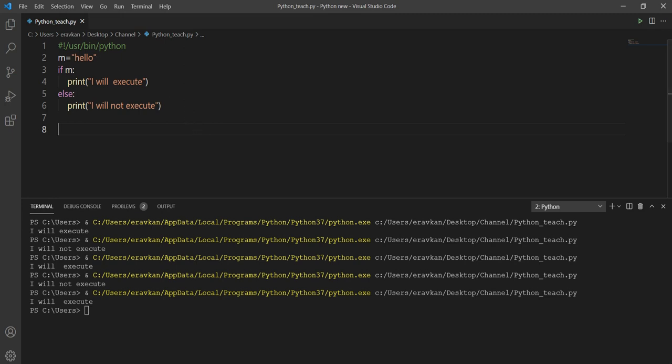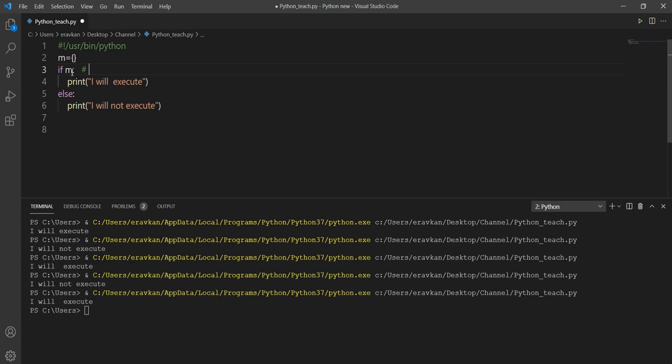Let me take another example. If I give an empty dictionary, we will discuss it further. So if you give an empty value here, this condition will not be true. So this should not be 0.